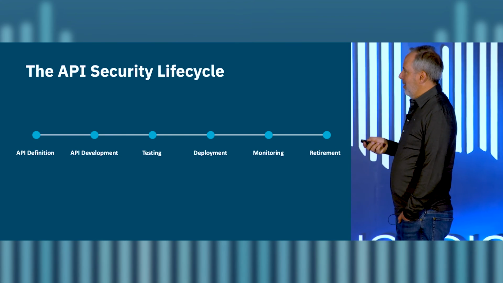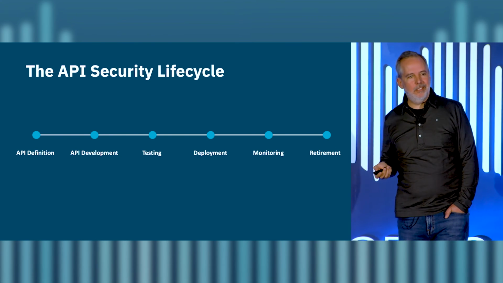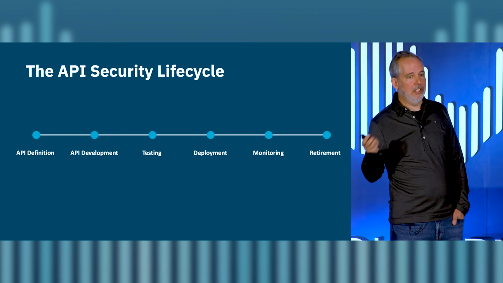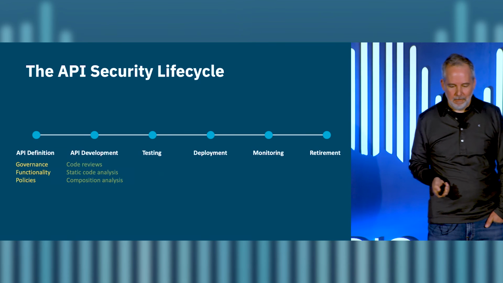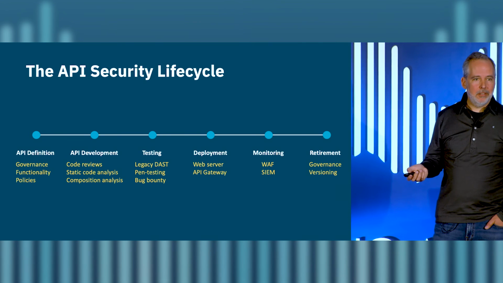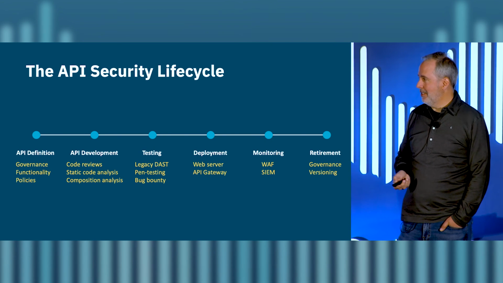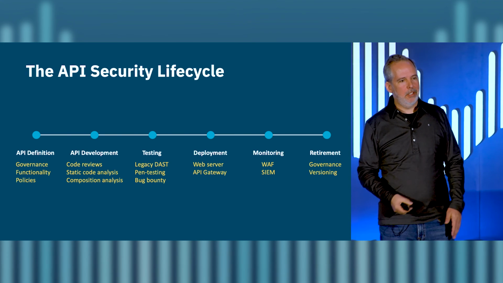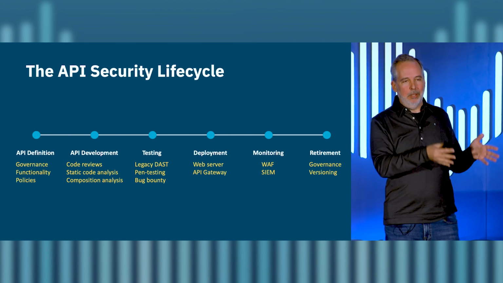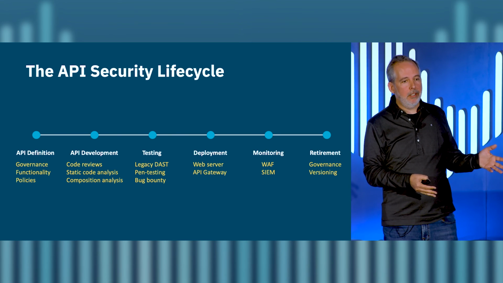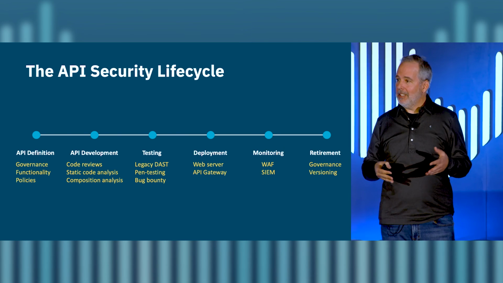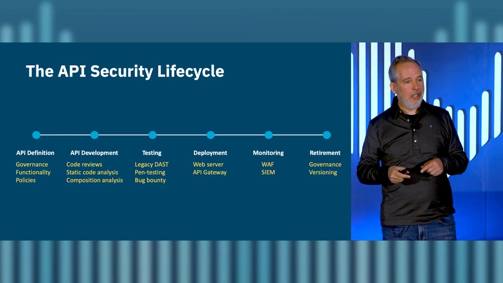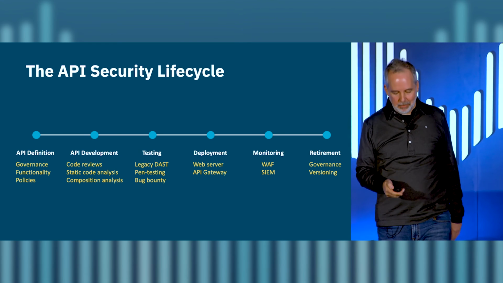So then we thought about, how do you do that? What's the best place to actually hack yourself or to discover these types of vulnerabilities? So we looked at the API lifecycle. And I'm not an engineer or anything, but this is Dan's simplified view of the world. You start with API definition, like, hey, we need an API that does X. And this is where you should all sit down and talk. I call this the governance phase. Let's just get everyone in the room and talk about it, and define what the security implications are.